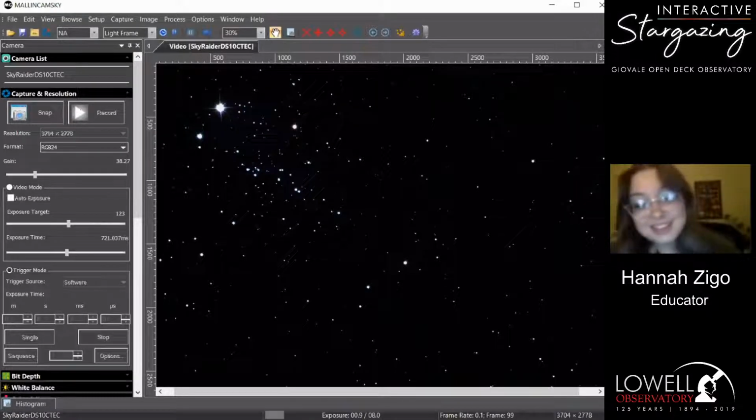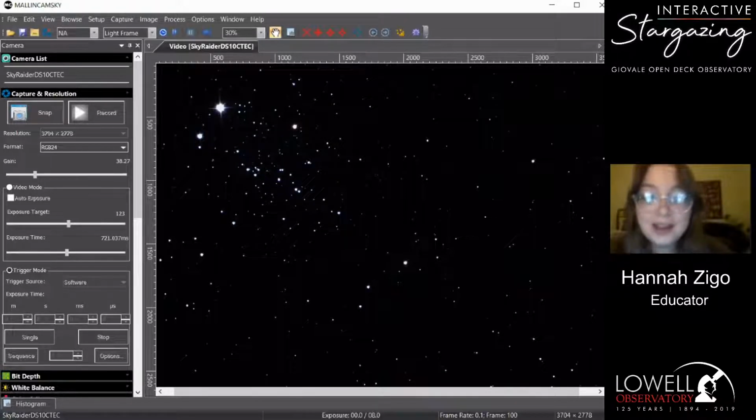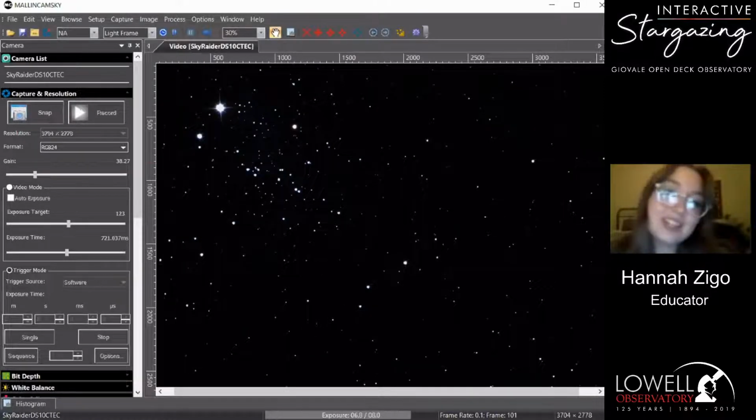So again, it's kind of like the life cycle of stars. How we get these nebulas is from stars dying, from stars exploding. We get this gas that gets put out into space, and then all that stuff kind of coalesces and creates more stars. So we kind of got this cycle going on here. So to kind of demonstrate that recycling effect, maybe let's look at a dying star. So let's look at